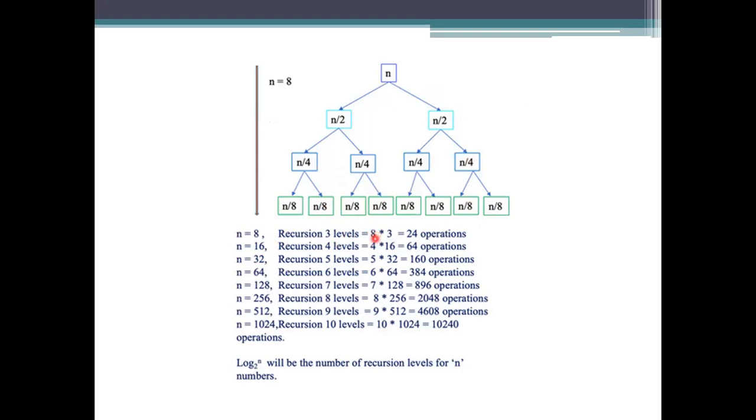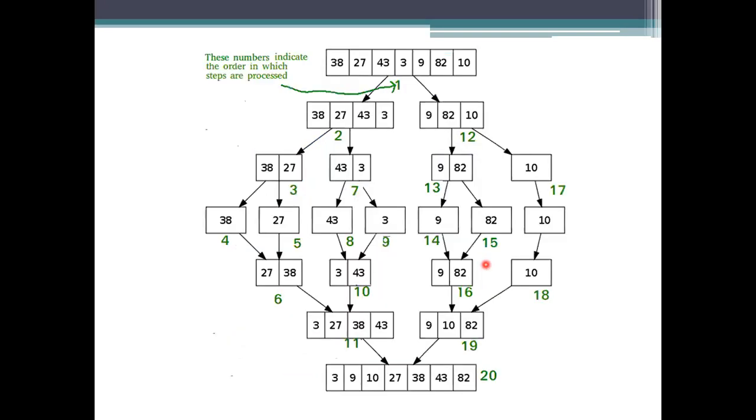So I take the levels into account, which is 3, and the number of elements included. How many operations are we taking? 24 operations to be done to get the values in sorted order. And coming to 16, or 32, 64 or any such combination, the levels we are increasing have to be multiplied with that, and we see how many operations will be performed on that array to get the processing done.